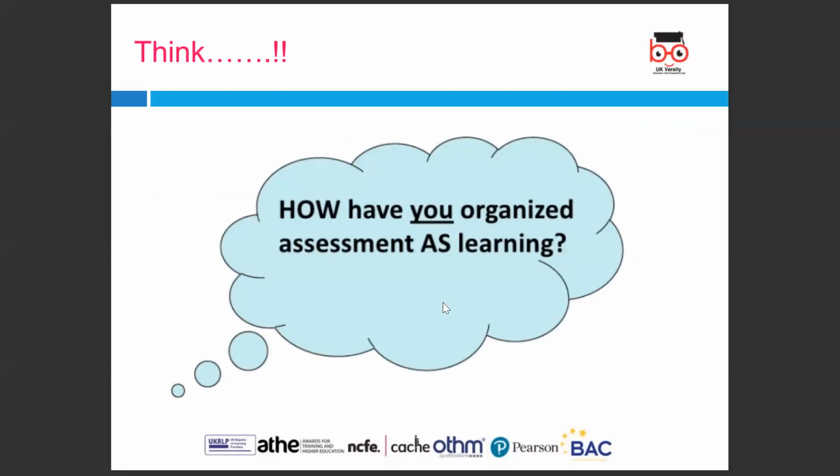So think how you organize assessment, as we've just said, the fact that you have to self-assess, do yourself a checklist. Students can track their progress over time and become more effective. How are you going to organize everything? So what skills do I need to work on most? My time management, what do I need to do to practice more? What would be a good project that is challenging but builds my skills? What am I good at? Things like that. So these are ideas that you could put into place to try to improve your